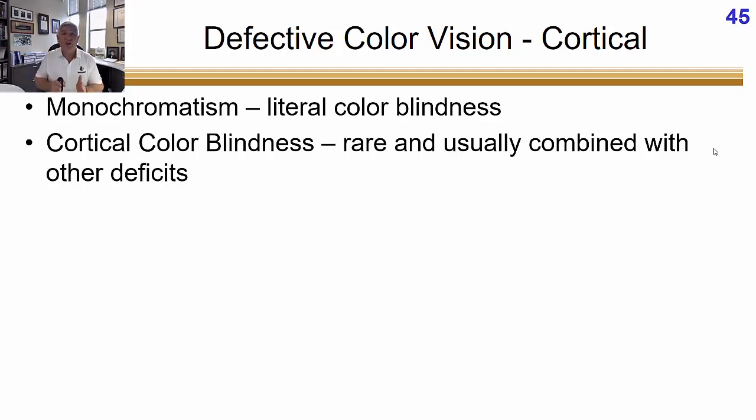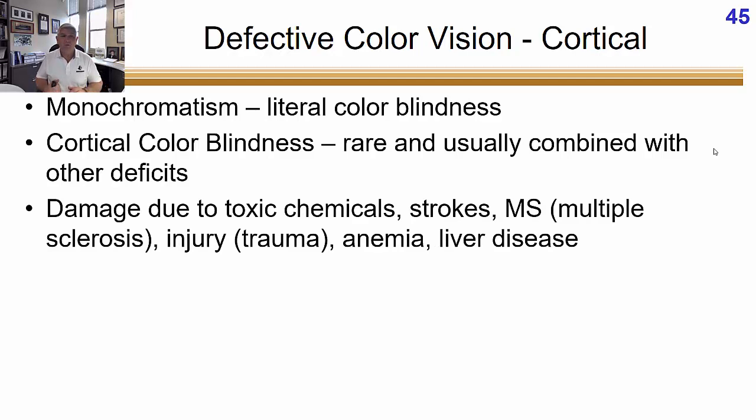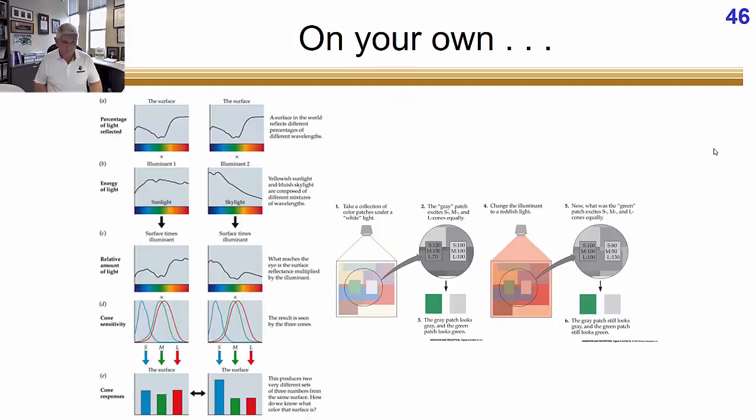It'd be very rare to just have damage in V4, to have a lesion or a tumor or a stroke that only affects V4 and doesn't affect other things. It can happen, but usually there's other areas of the brain that are also affected. So it's usually combined with other deficits. So, damage can be caused by lots of different things. I mentioned strokes, but multiple sclerosis, where you could have demyelination in that area, would cause problems with color vision. You could have things like anemia or liver disease affect the oxygen or glucose supply.